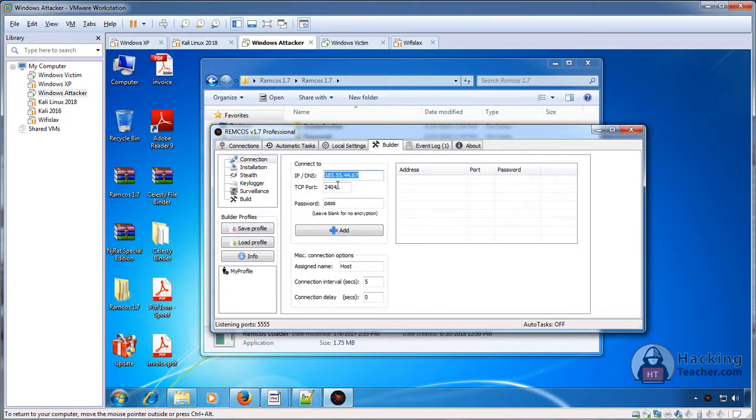If you put it here right now and create a Trojan with this one and send it to people, anyone who double clicks your file today itself, you'll be able to get his control. But tomorrow if someone double clicks, your IP address will have changed and you'll not be able to receive that victim. So what's the use of that? Nothing. What we want is permanent access, that the victims should keep on connecting to you, whether they double click your file today, tomorrow, or the day after tomorrow, anytime, and we should keep their control in our hands. That can only be done if our IP remains constant. It should not change.